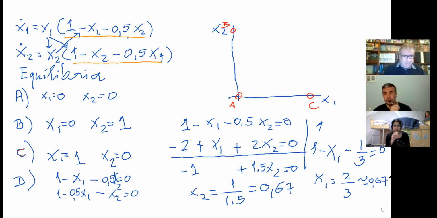Okay, so you have a point, an equilibrium point, which is 0.67 and 0.67. So we have a point 0.67, 0.67, something like here. Okay, that's point D. Okay. Now I want to